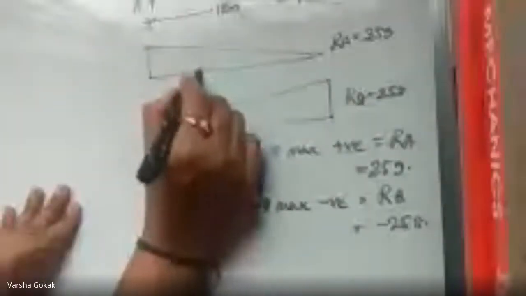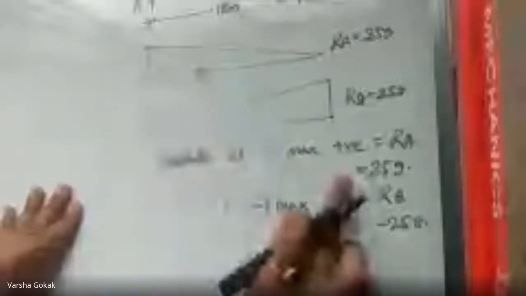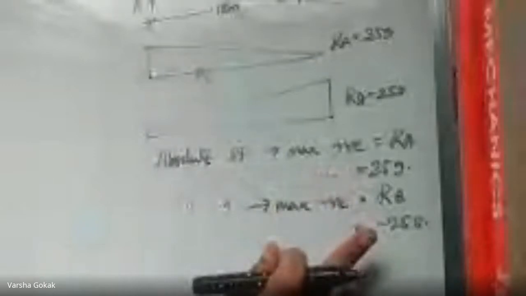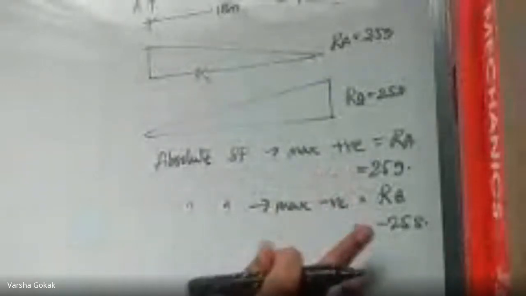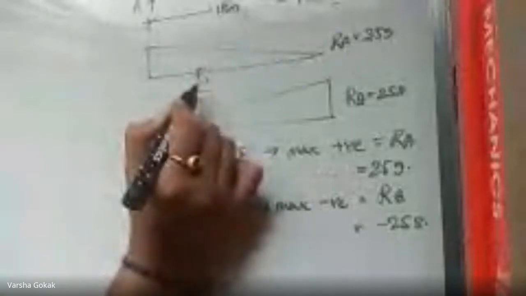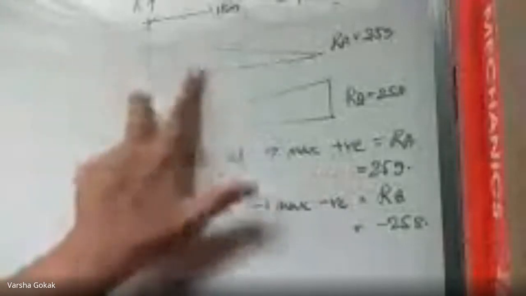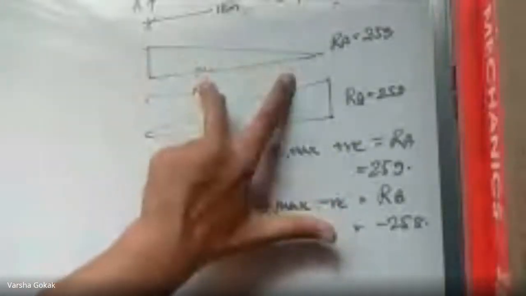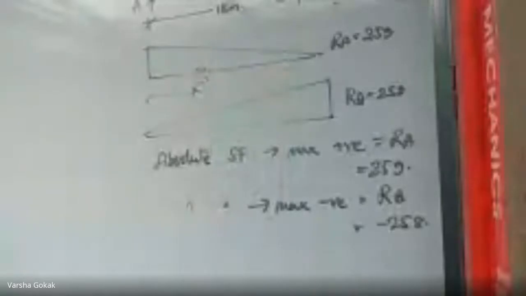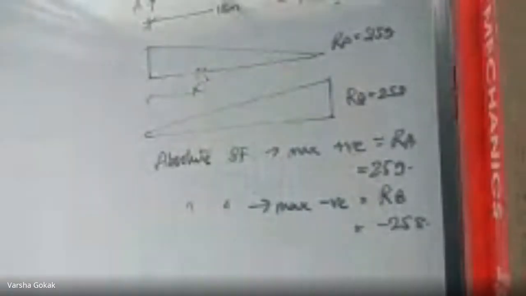Okay, when they have not given us a particular point and they've asked us to calculate the absolute shear force, your absolute shear force values are nothing but your RA and RB. Am I clear? Any doubts? They have not mentioned anywhere in the question about a point C which is at a distance. If they have mentioned a point C, you know what is the methodology. You will place all the loads in AC to get the negative shear force. You will place all the loads in CB to get the positive shear force. But if that C is not given and they've asked you for absolute maximum and maximum positive and negative, then your RA and RB are going to be the values. Okay? Any doubt with this?